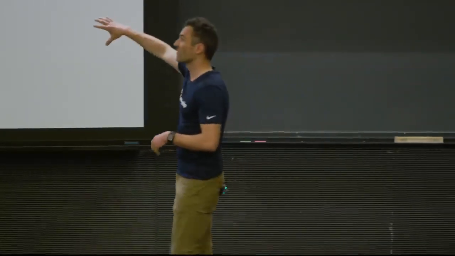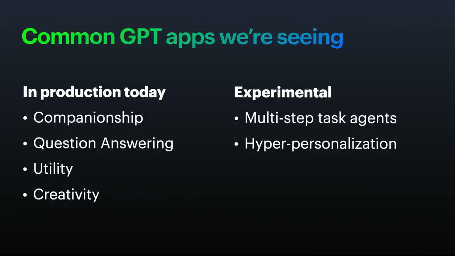I'm going to show you demos of this with code and try to explain some of the thought process. But I wanted to give you a high-level overview. You've probably seen these on Twitter, but when it all sorts out to the top, these are some of the things that we're seeing built and deployed with language models today. Companionship, that's everything from I need a friend to I need a friend with a purpose. I want a coach. I want somebody to tell me, go to the gym and do these exercises. I want somebody to help me study a foreign language.